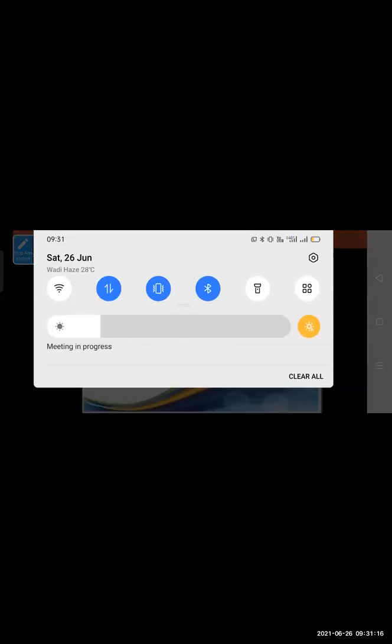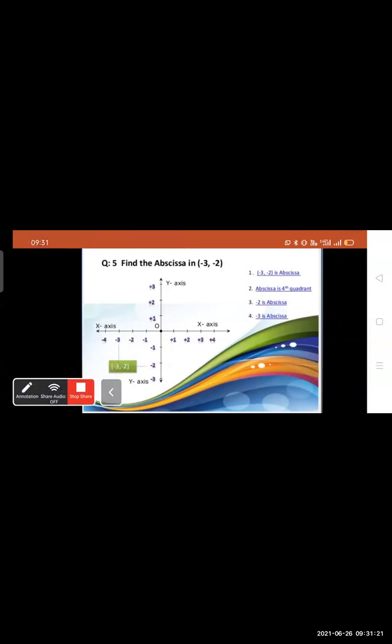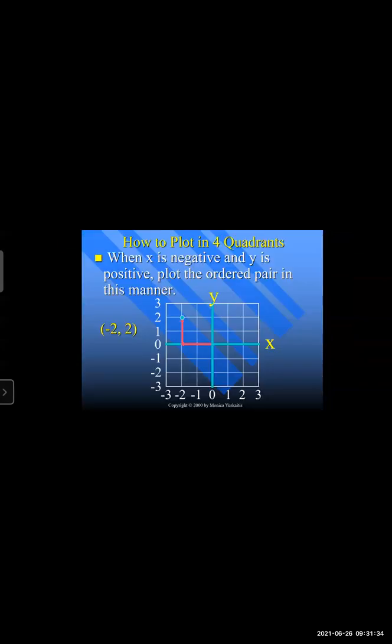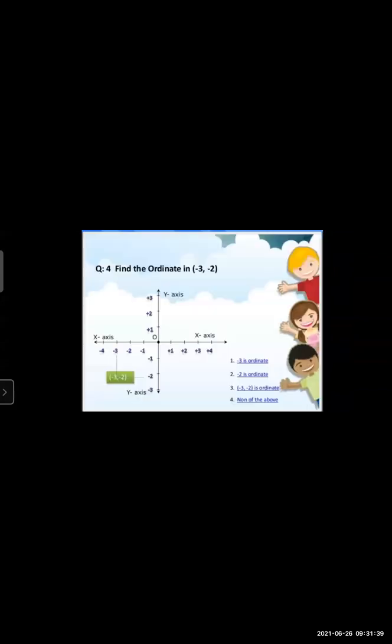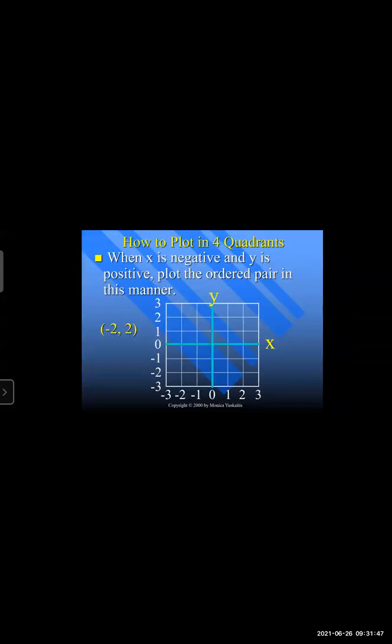Okay. So in this way, we plot the ordered pair and also find the values, that is abscissa or ordinate. Abscissa is called the x coordinate and the y coordinate is called the ordinate. So the topic is very simple. Nothing is too difficult. First you clear your basics, and then you easily solve it. Thank you. If you have any doubts related to that topic, students, you ask.